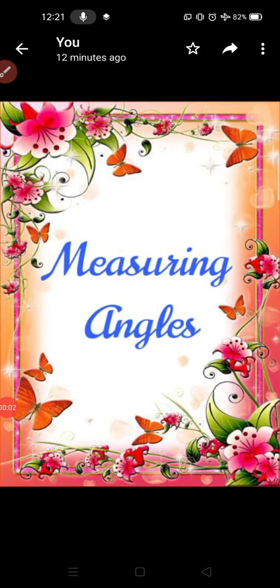We know the types of angles. Now we will see how to measure the given angle. We call our measure as degree measure. One complete revolution is divided into 360 parts. Each part is called here a degree. So we will write 360 degrees for a complete revolution.